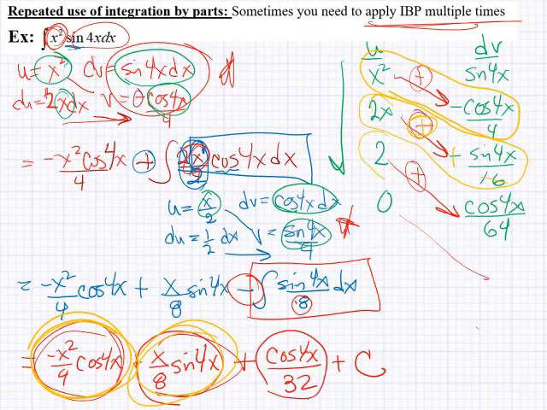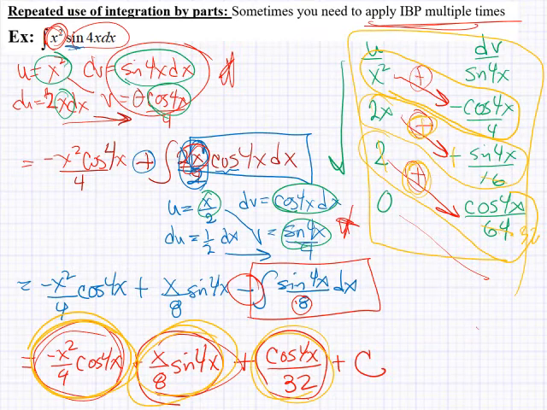Then the next one is a plus 2 times cosine 4x over 64. Well, the 2 and the 64 give me the 32. So positive cosine 4x over 32 is there. So this sped things up considerably, but you have to understand where it comes from, as to why it works. The best time to do what we call the tabular method